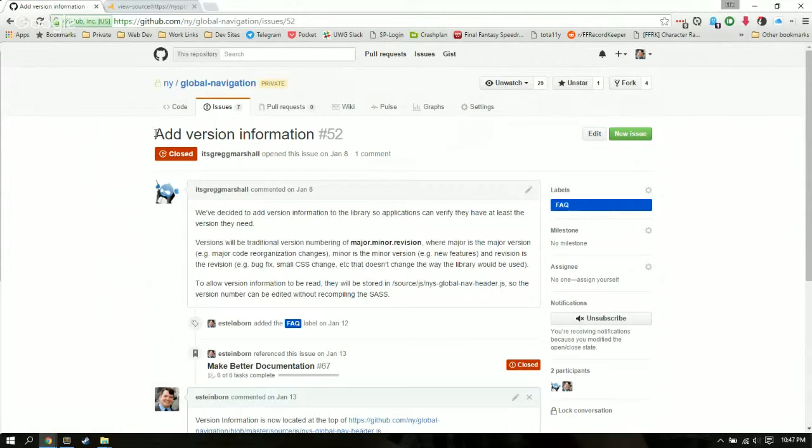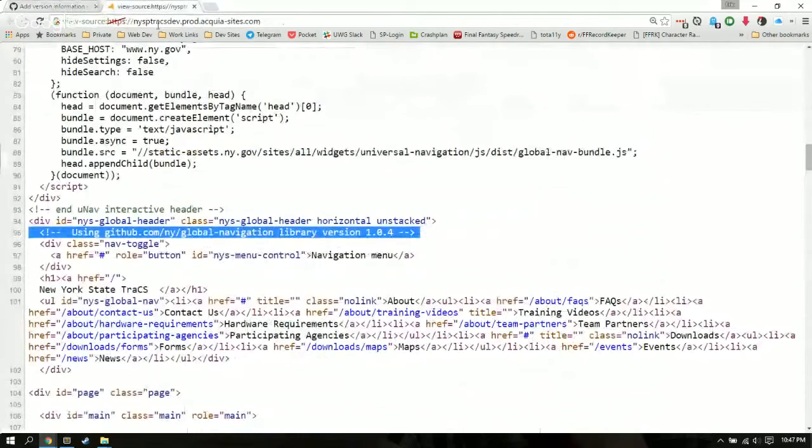So every time somebody tells me that they have a problem with global navigation, what I say is, all right, what's your site? Look at their site. And so here's a site example. This is the Trax website, and you'll see there's a code comment in here that's automatically spit out from the module that says that we are using the GitHub Global Navigation Library version 1.0.4,